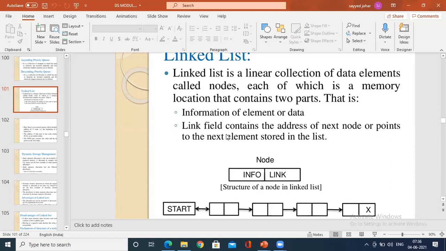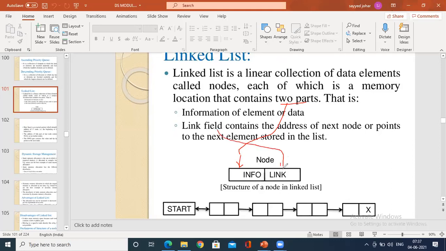What are those two parts? One is the information of the data, that is the value that is stored. So one is information, another is what? Another part is the link field.